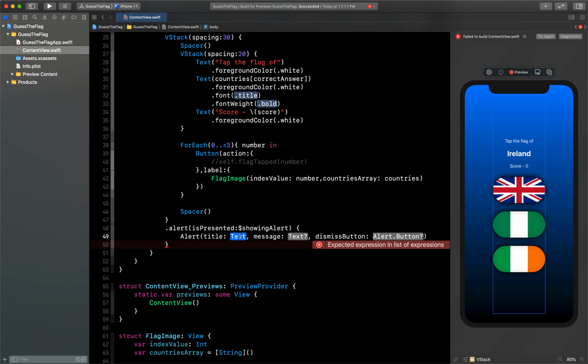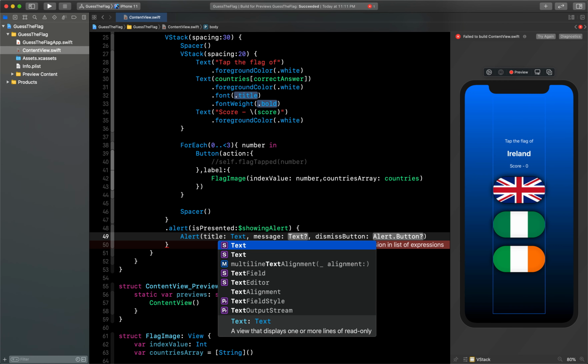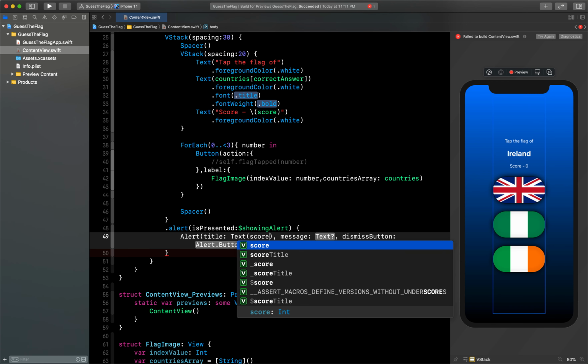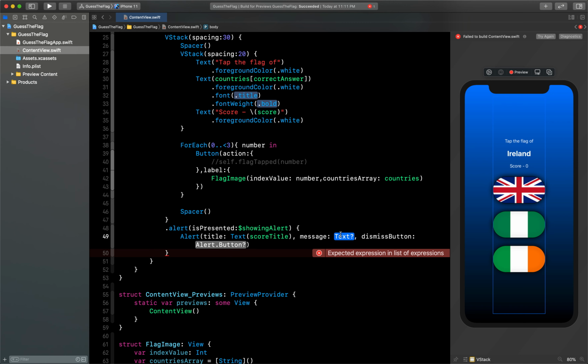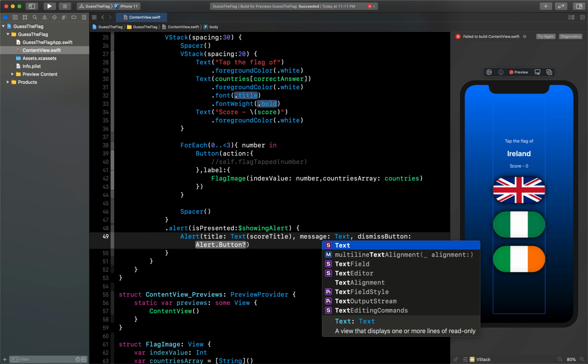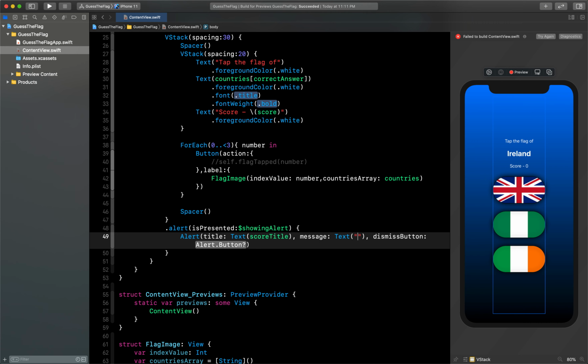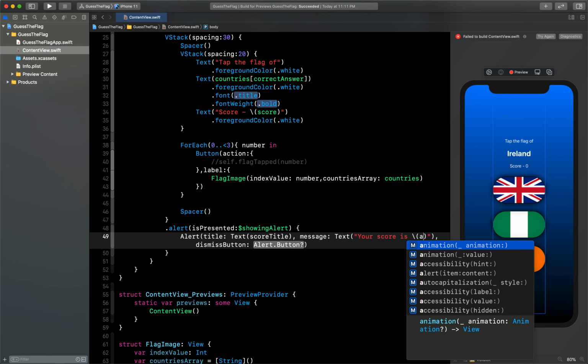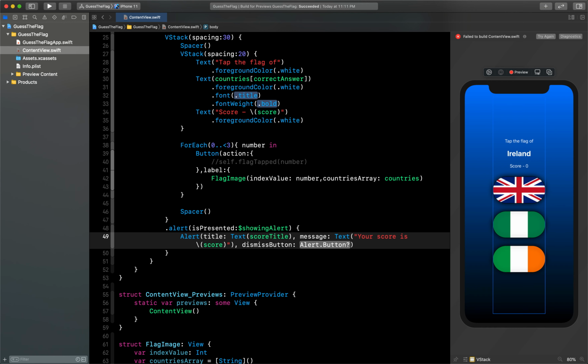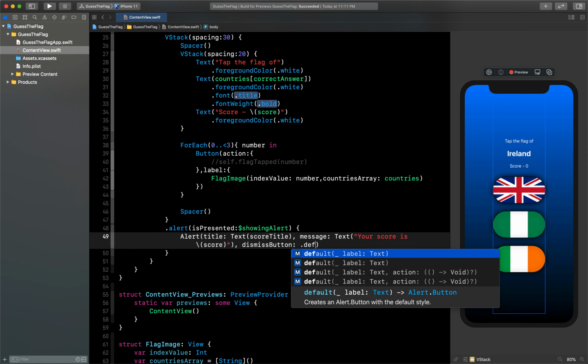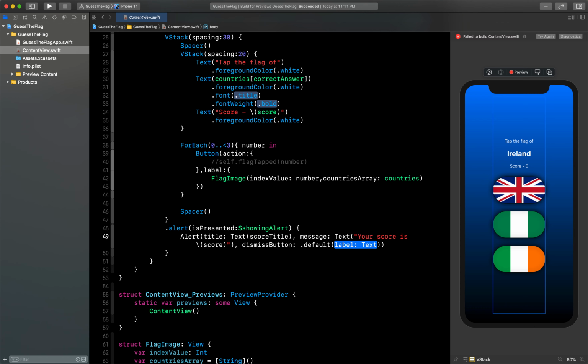So the title will be text, score title. For the message we are going to display the score, so let's say text, and here we will say "Your score is", and then we can use string interpolation here and show the actual value of the score. And for the button we'll say dot default, and inside this I will say